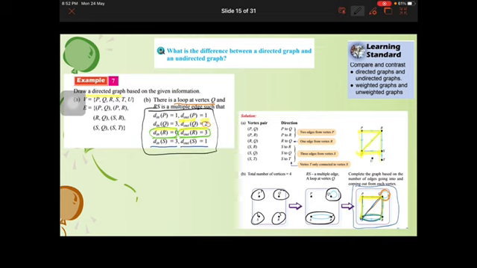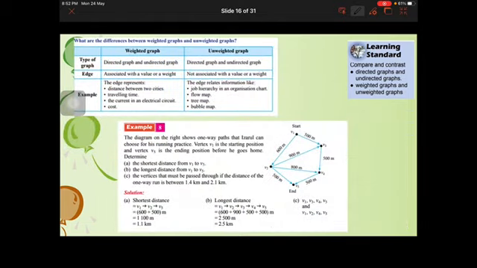I just wanted to show you how they got the d in and d out, and what the meaning of d in and d out is. But to draw the directed graph, you must follow the steps: first draw the vertices, then draw the multiple edges and loop, and then only draw the other single edges. Now again,